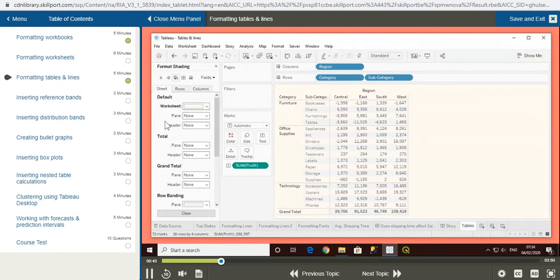If your table contains totals or grand totals, you can apply shading to make them stand out. You can shade the header or pane or both. Let's shade our totals in green so they're easier to distinguish. I'll open the pane drop-down menu and select green, and I'll do the same for the header. If we scroll down,